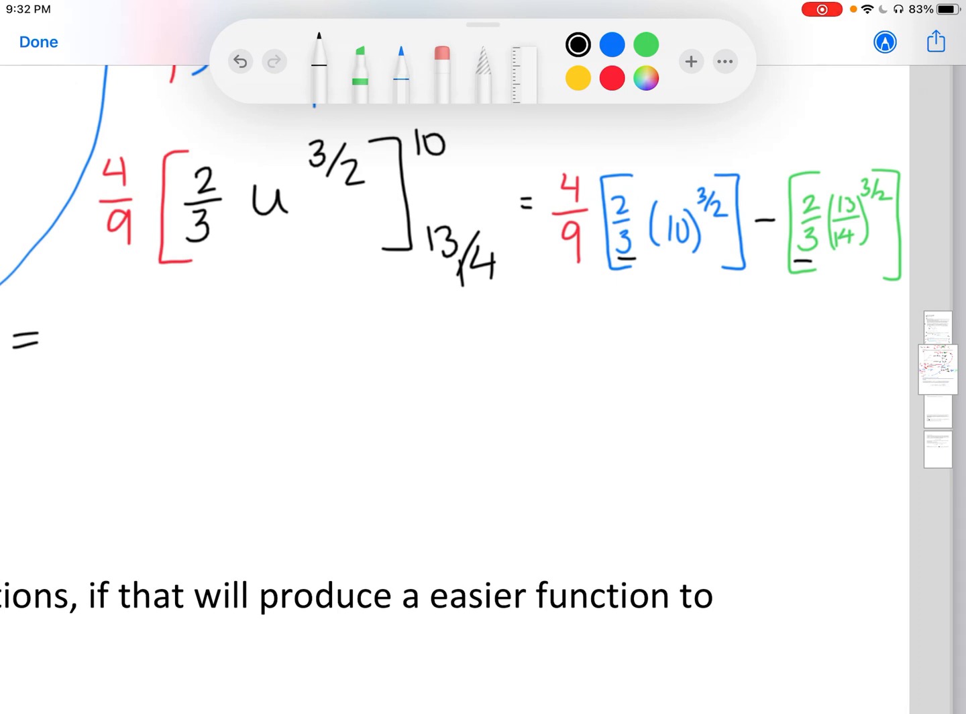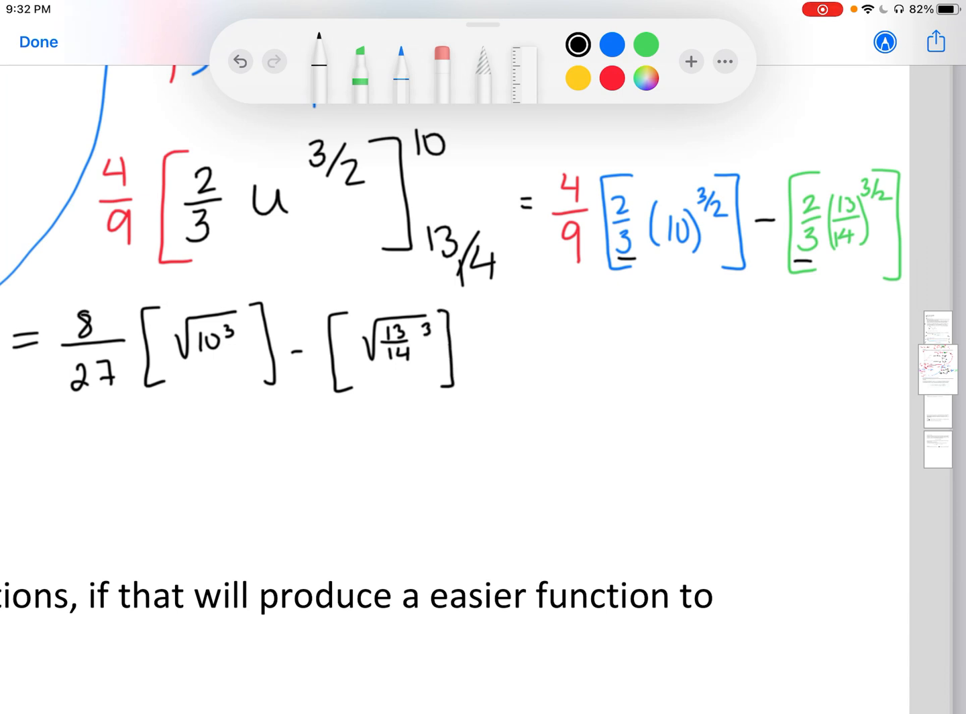So that we factor out a 2, 2 times 4, we get 8, 3 times 9, we get 27. And let me write it as a radical. Maybe that would make more sense to us. So instead of 3 over 2, I'll write it as the square root of 10 cubed minus the square root of 13 over 4 quantity cubed. All right, I could take out 2 of those 10s, so I can have 10 square root of 10 minus